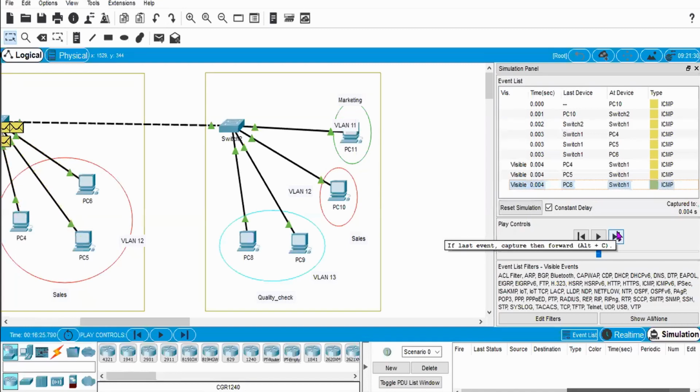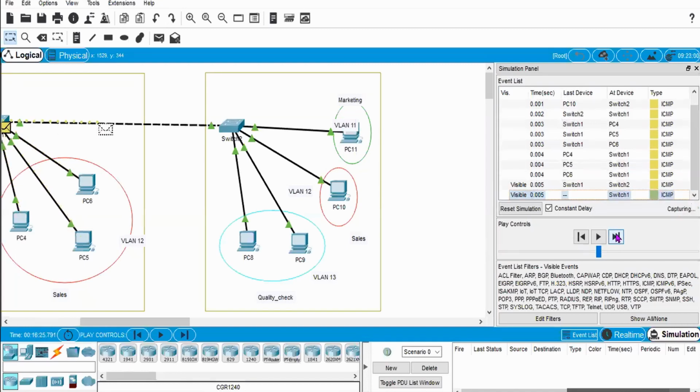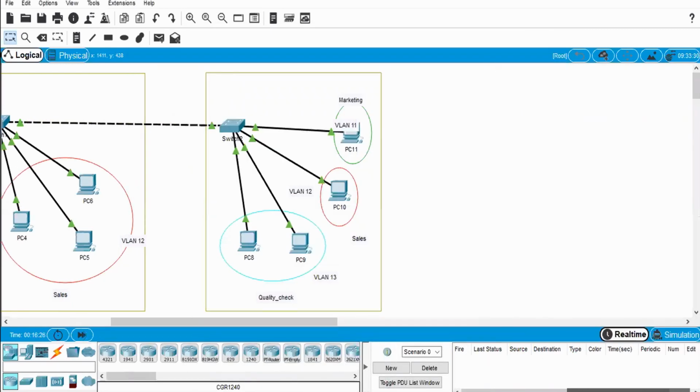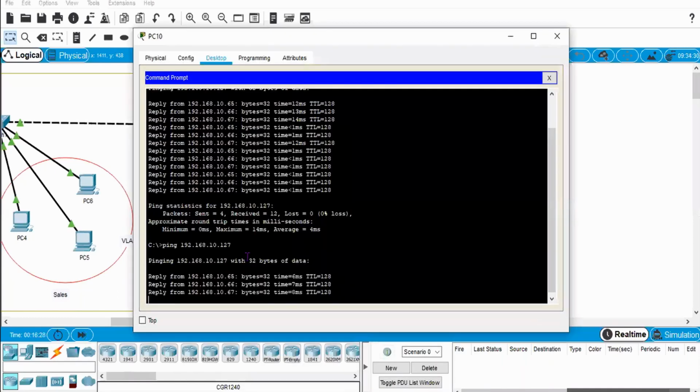PC4, PC5, PC6 will directly reply to that echo request, and PC10 will get all the echo replies one by one. In this way you can realize that full reliability of the link is there.